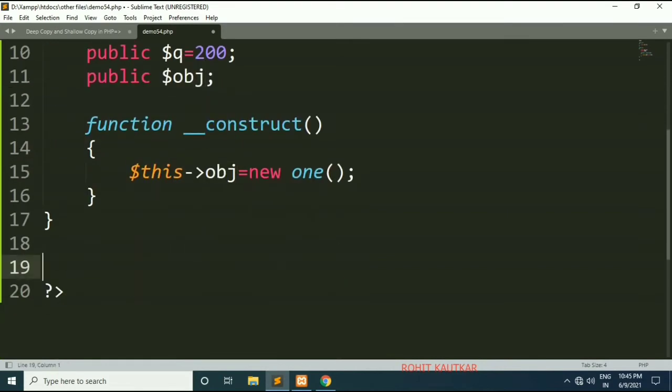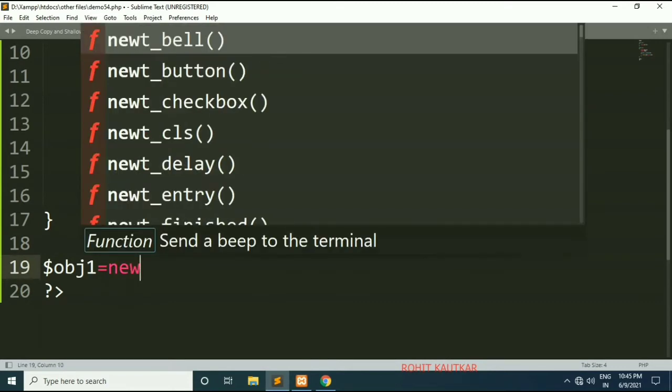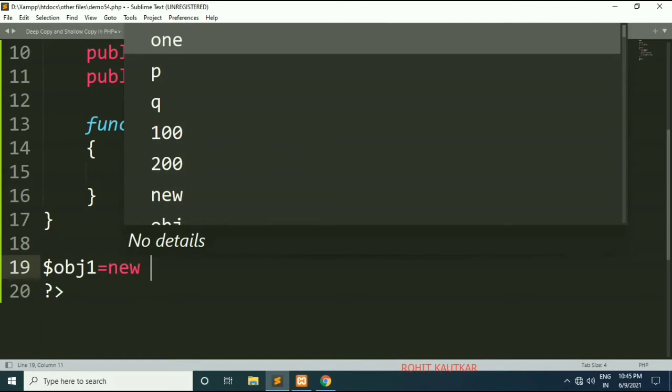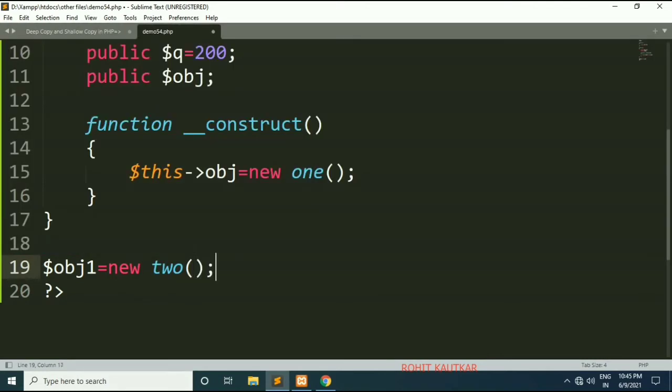Now I will create the instance of class 2. So I will write, let's say obj1 is equal to new class 2. So here we have created obj1 which is an instance of class 2, and now let's create one more object which will be a copy of obj1.